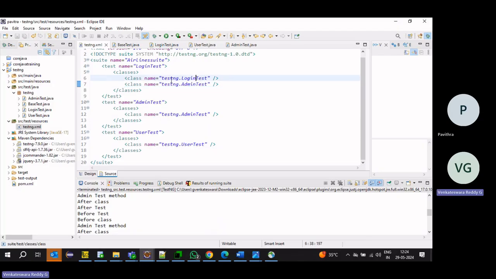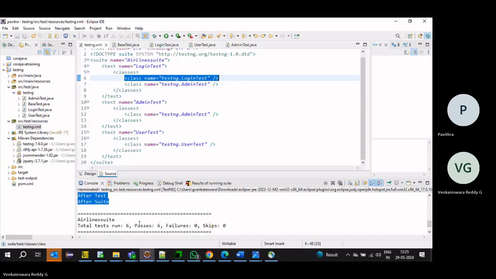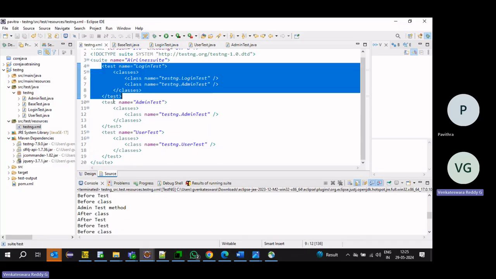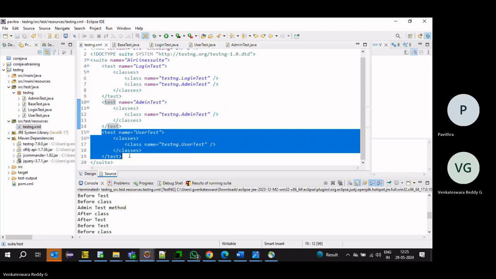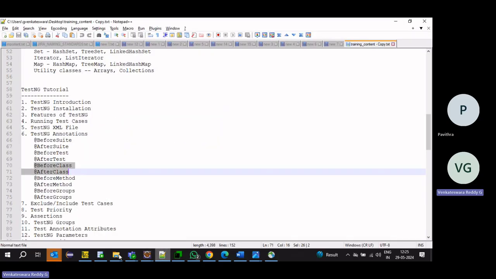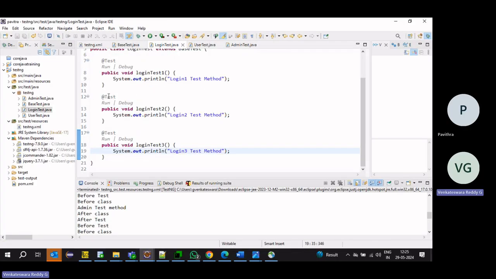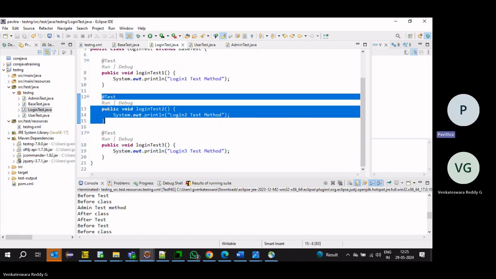That means before class and after class will execute for each class tag. Before starting the first method in the class, before class will execute. Once all the test methods are executed, after class will execute. Before test and after test run for each module. Now there are two more: before method and after method. They will execute for each test method.